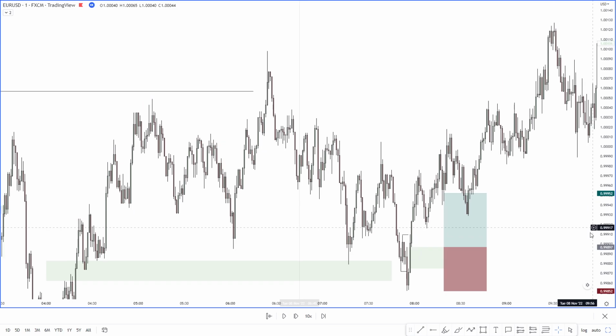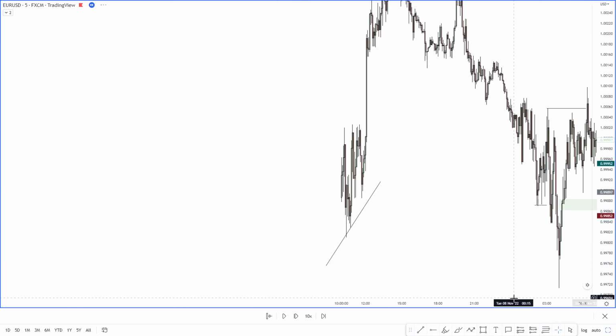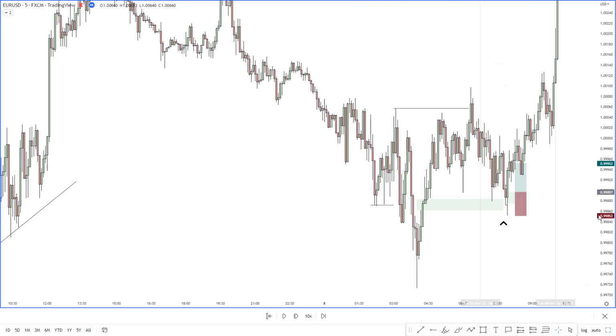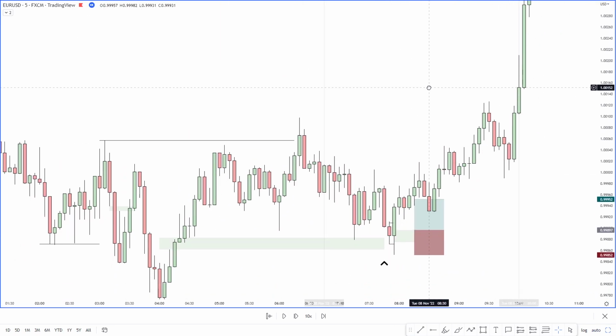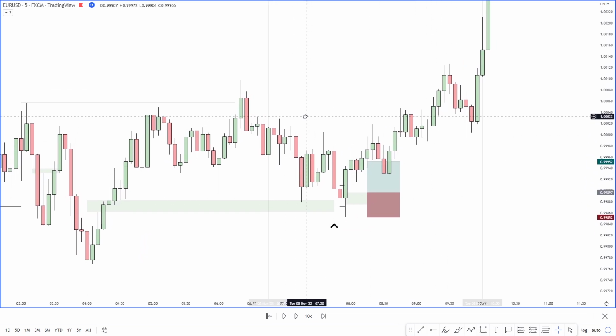Again, do we have the 5 steps? In this case, we definitely do. We also have the 5 steps going lower, but on step 4, I think the market doesn't give us what we were looking for. So we have a...